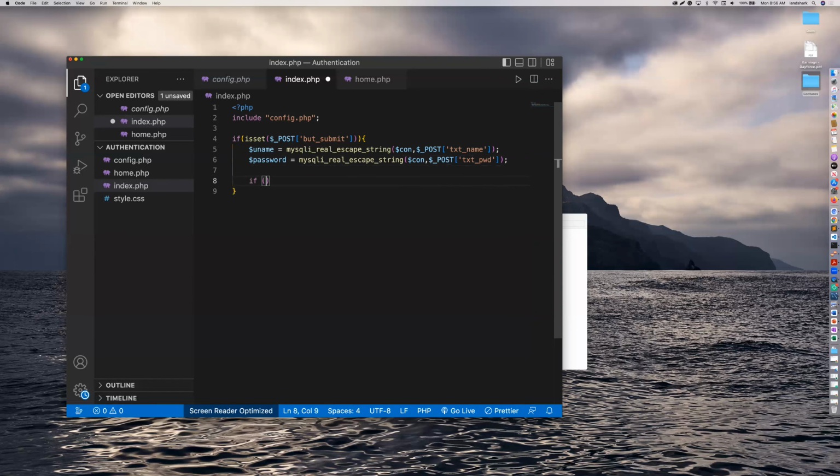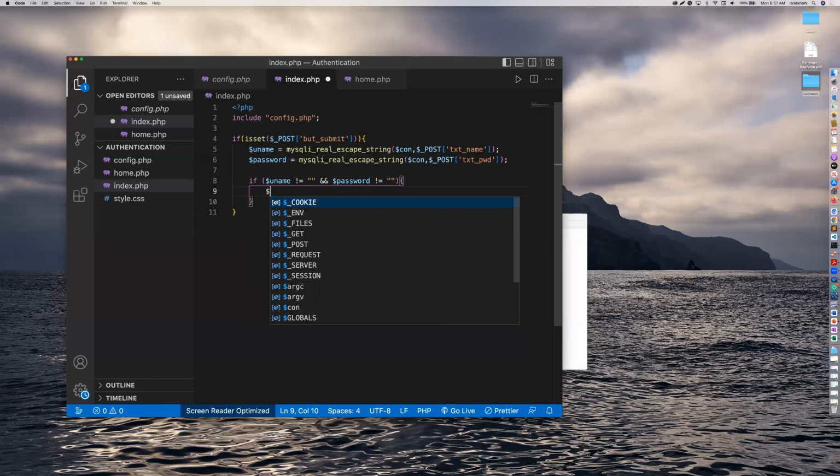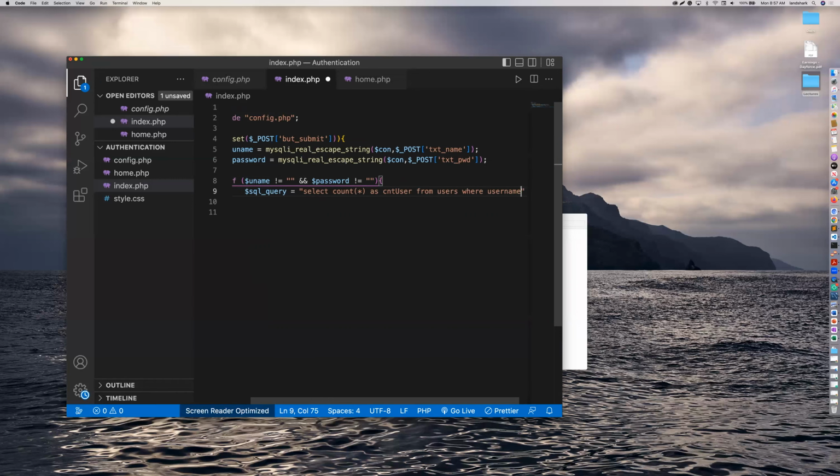Okay. Now we're going to come down here and we're going to say if. We're going to do a conditional statement. We're going to say if the username doesn't equal nothing and the password doesn't equal nothing, we're going to do something, an action. So in this case right here, we're going to do a query. We're going to say SQL query equals, and we're going to do a count. So we're going to say select count everything as count user from users where username equals, and we're going to say uname